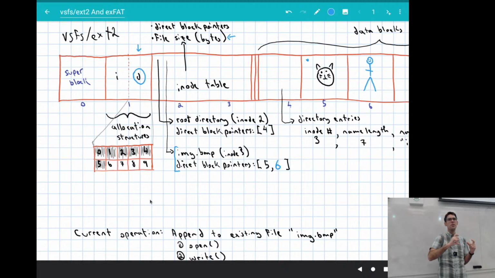So I'm guaranteed to be able to write 512 bytes to my disk at a time. The data bitmap and the inode table are much bigger than 512 bytes. So it's definitely reasonable that I could write to the inode table and not make changes to the data bitmap. It's definitely reasonable that I could make changes to the data region and not the data bitmap, because they're very far away from each other and they're much bigger than 512 bytes in size.